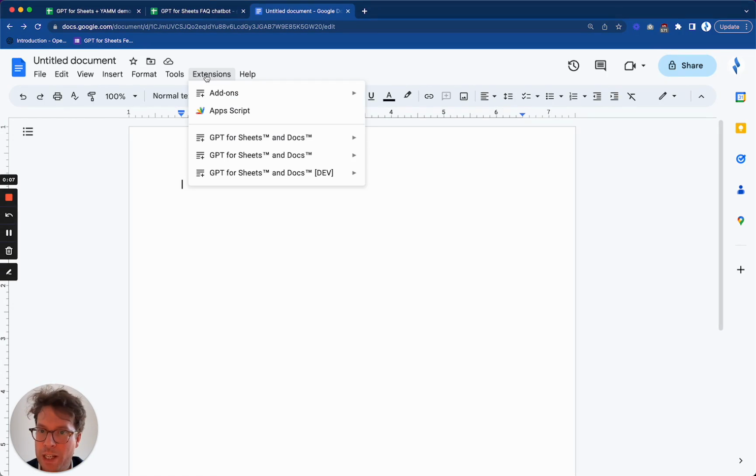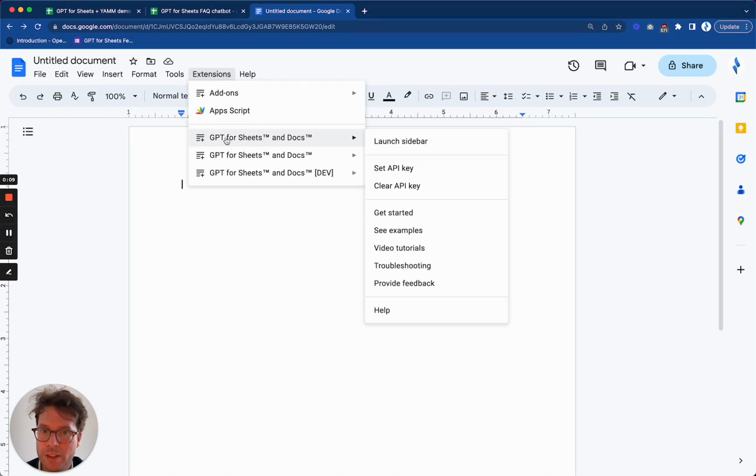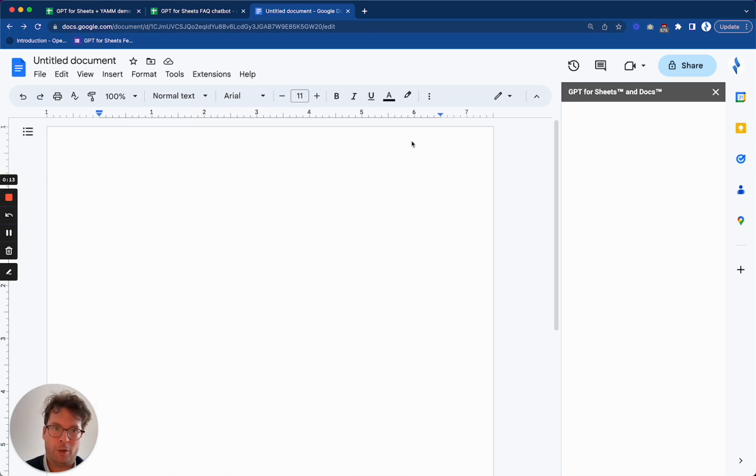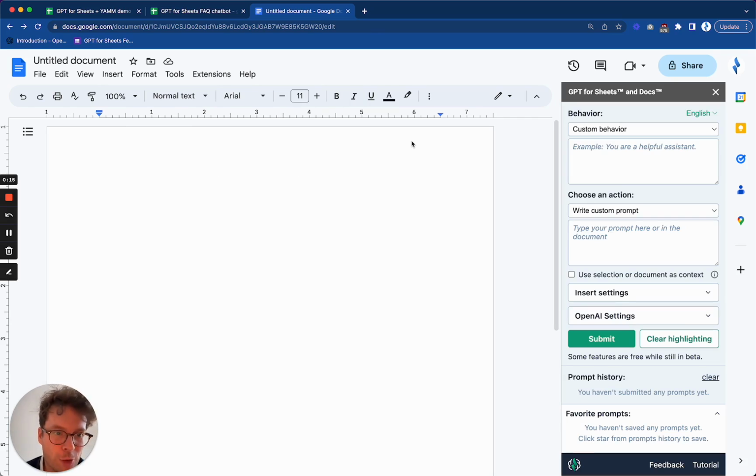So I have already made many videos about GPT for Sheets, and now I think GPT for Docs is pretty good to be shown. So let me just show you a very simple example first. When you launch a sidebar, you get this, and basically this is the main prompt box. So here you can, for example, tell ChatGPT to write a thank you email for the flowers